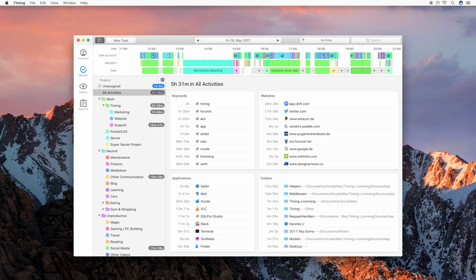As you can see, as soon as you have a few rules set up, most of these activities will have been assigned automatically, and then you can just create tasks to cover the remaining times with just a few clicks. It's really easy. There's one last thing that I would like to show you in this video, and that is